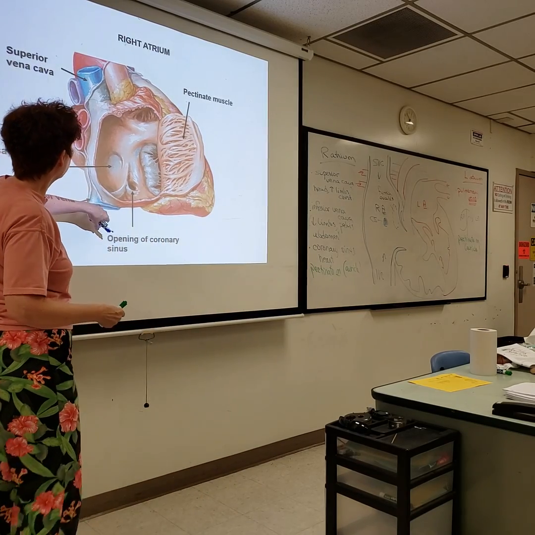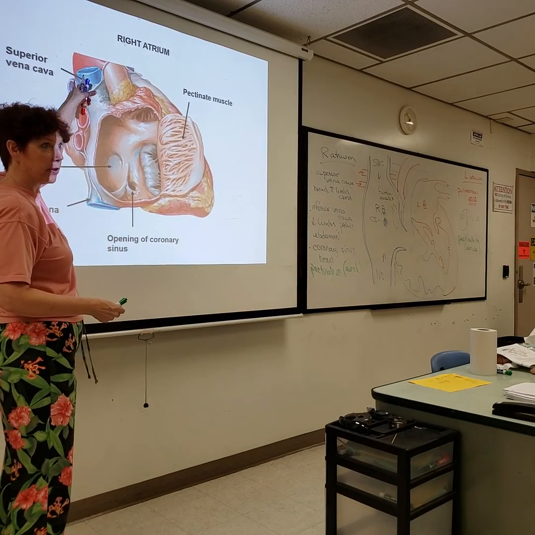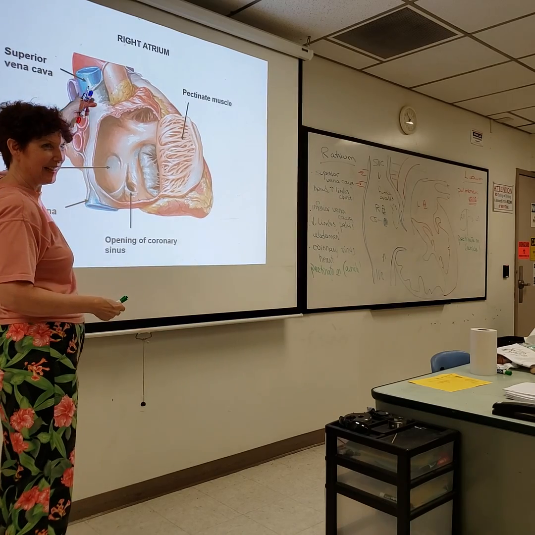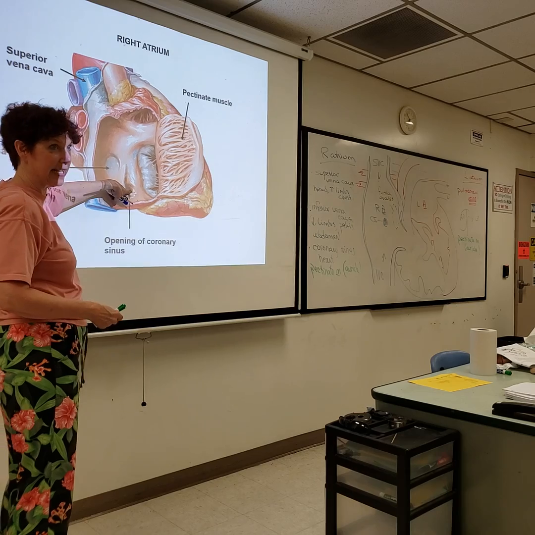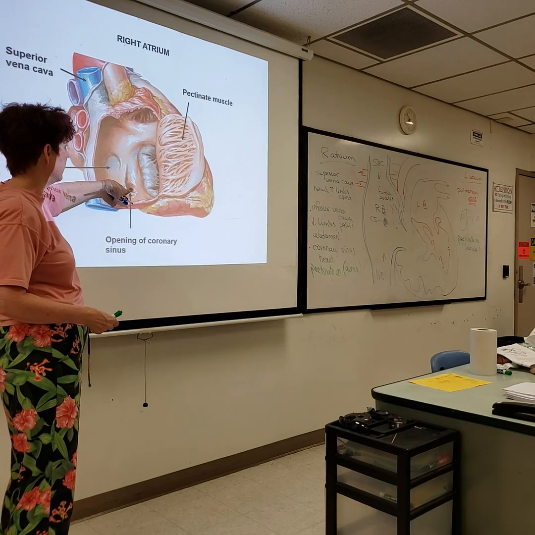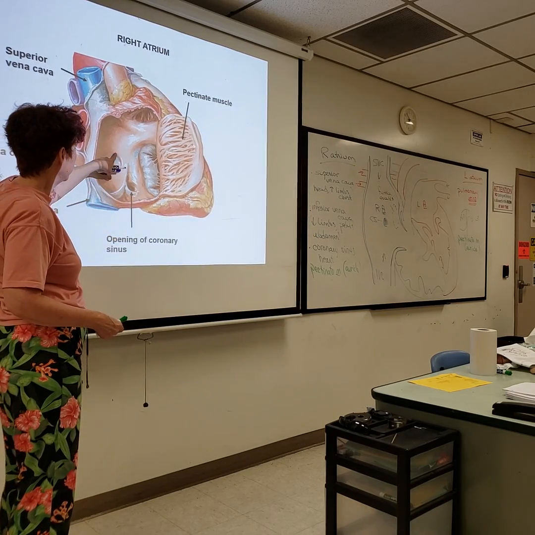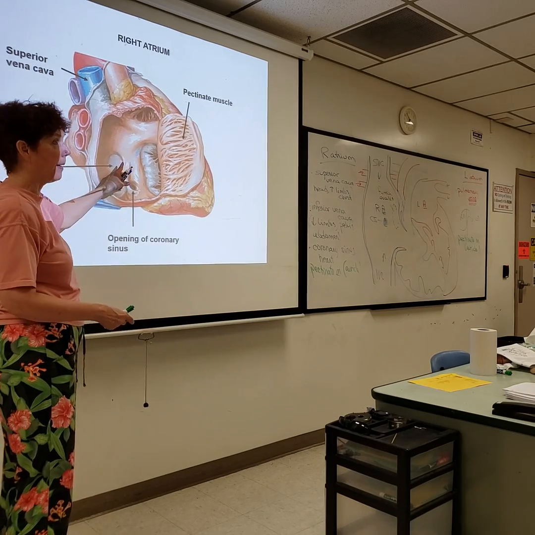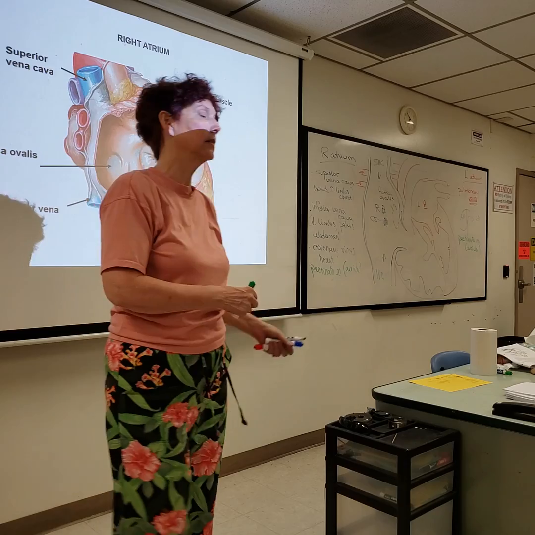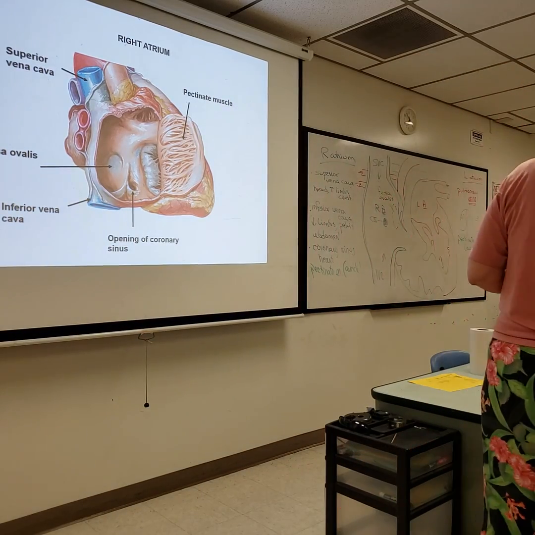So inferior vena cava, superior vena cava, know how they form a straight line, up and down, okay? Here is the coronary sinus, the opening for the coronary sinus. And here's the fossa ovalis. Okay? So we'll stop there, take a break, and come back at